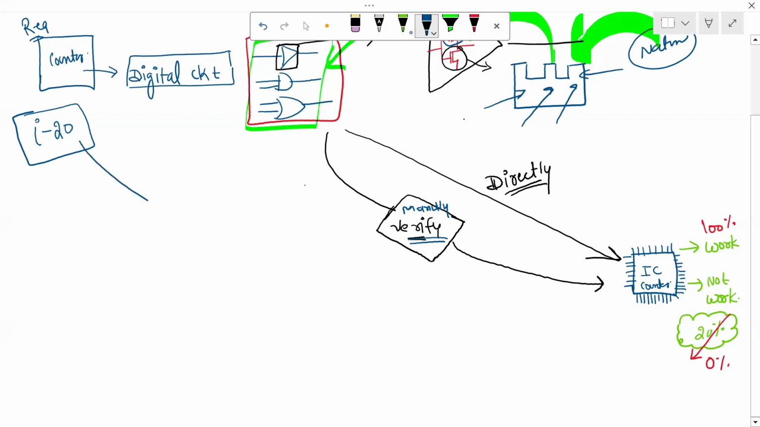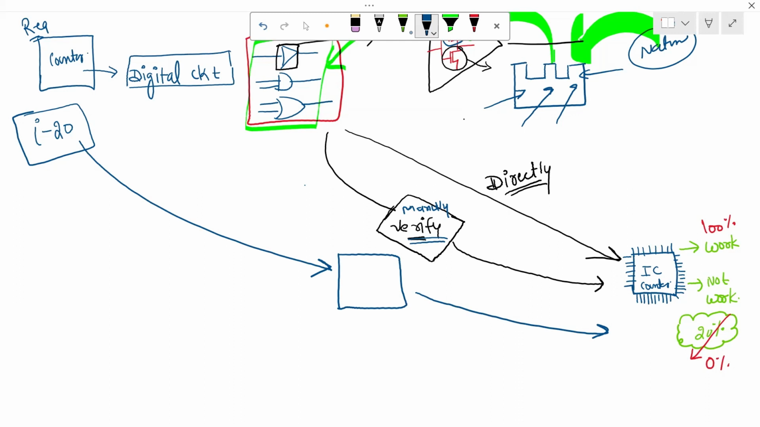So let's suppose Intel i20 processor. Can you imagine, can you verify that manually? Answer is completely no. Because you will not even use the full functionality of a processor in your whole life,